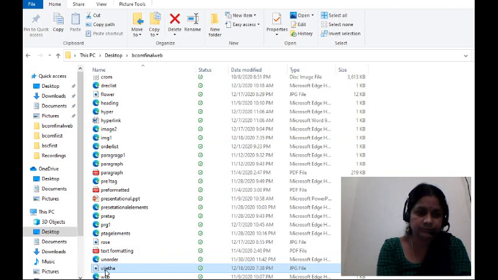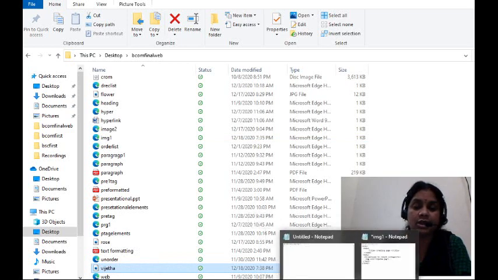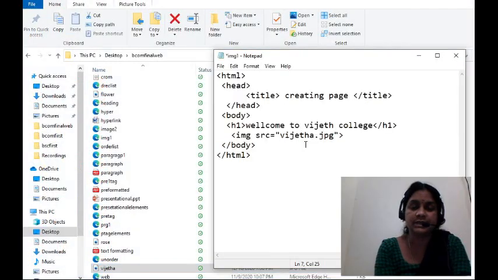I am going to create a web page of Vijayata College. Is it clear? The logo image. That means I used Vijayata.jpg here. Till now, in the previous session, we used flower.jpg and the flower was displayed on the web page. But now Vijayata College is going to be displayed. Let us see how it is.